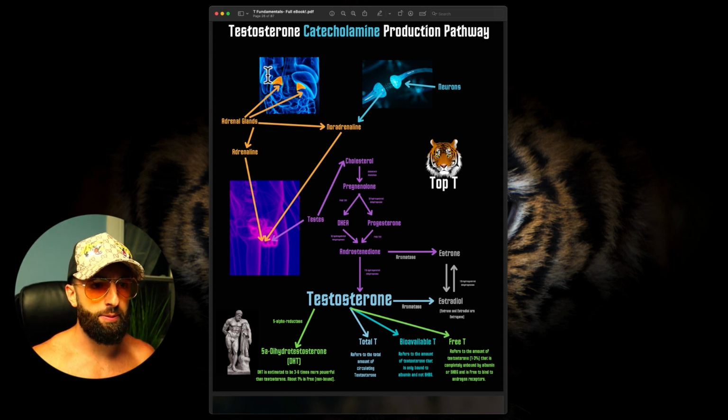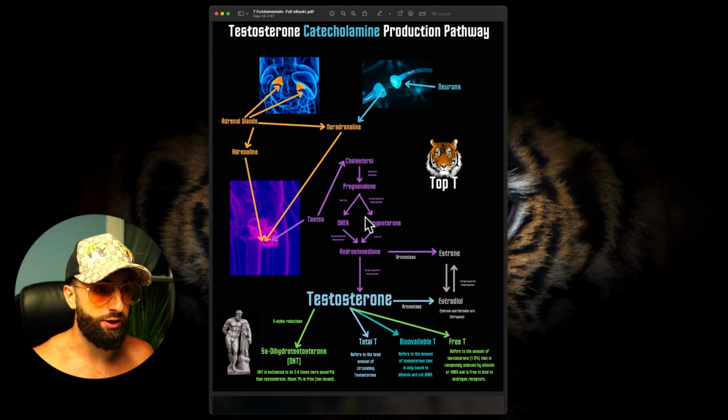So basically what happens is, as I described in the previous module, we have the adrenal glands producing both adrenaline and noradrenaline, and then we also have neurons producing noradrenaline. So when we have a fight or flight response or some kind of stimulus that spikes these two hormones, they will circulate through your blood and eventually get to your testicles, where they will signal for faster testosterone production, but